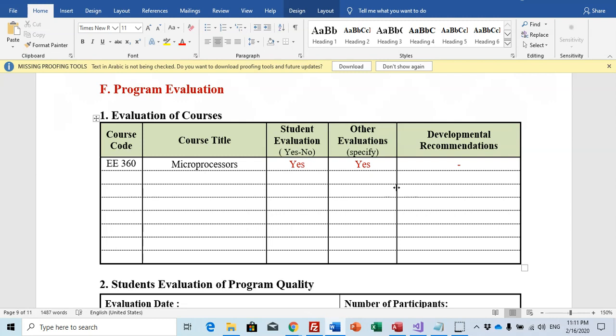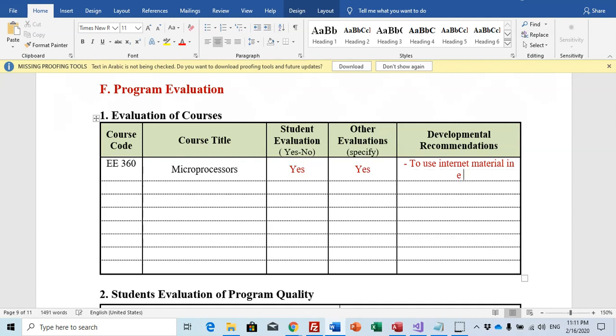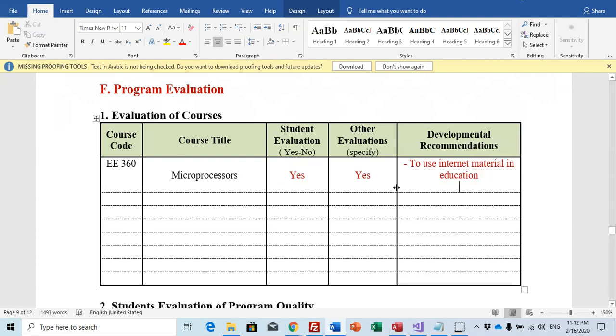First of all, for example, to use internet material in education. This is from the students' evaluation.